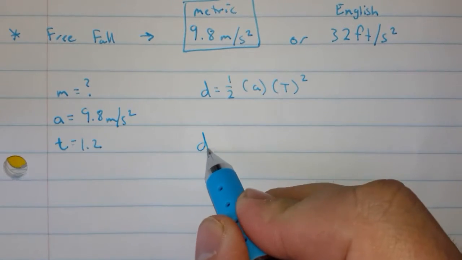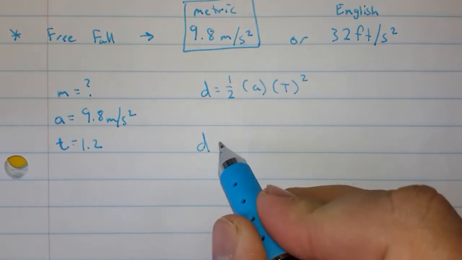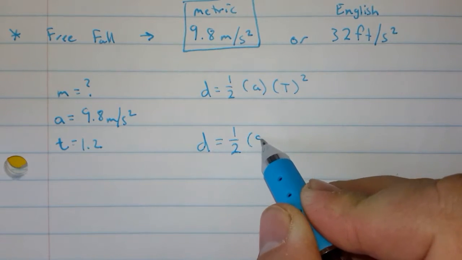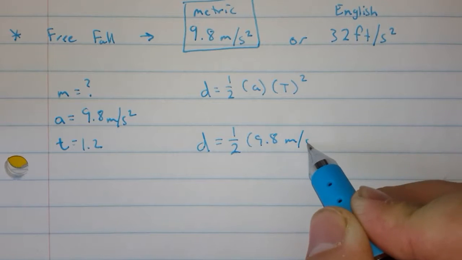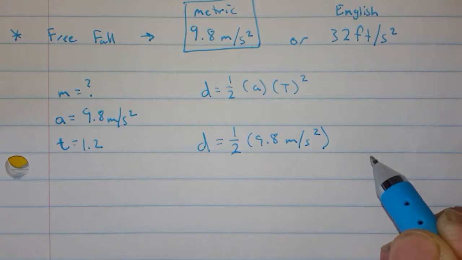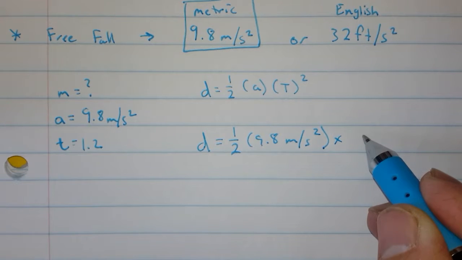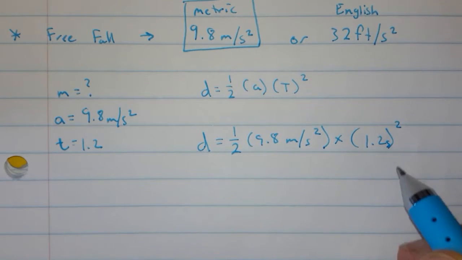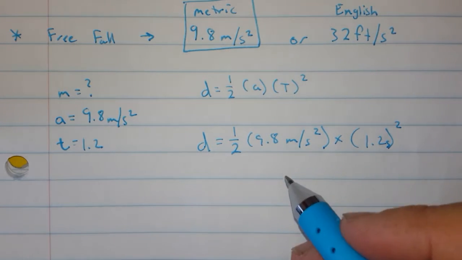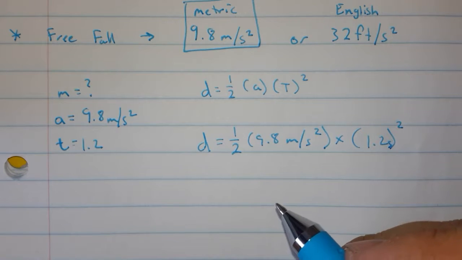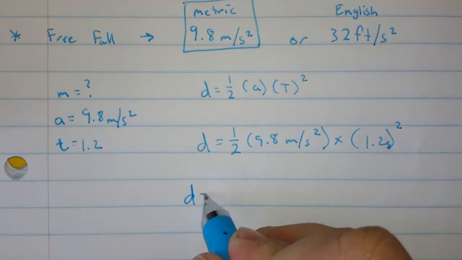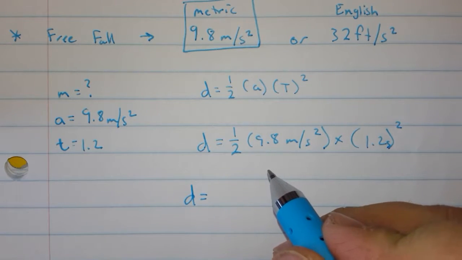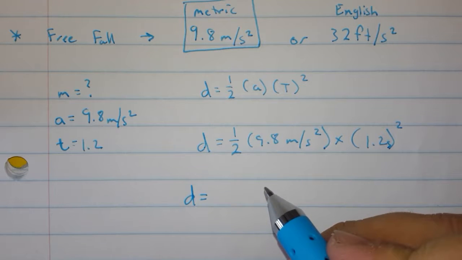Now we have to substitute the stuff in. So our distance, which is what we don't know, the meters, equals 1/2 the acceleration, 9.8 meters per second squared, times the time, which is 1.2 seconds squared. Now you can simplify it. Half of 9.8 is going to be